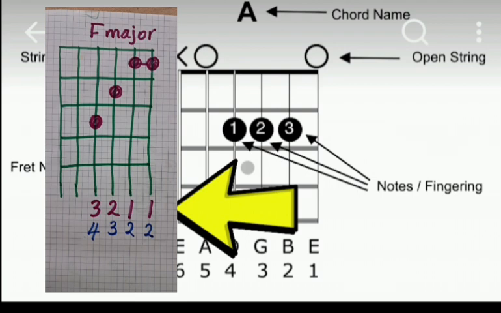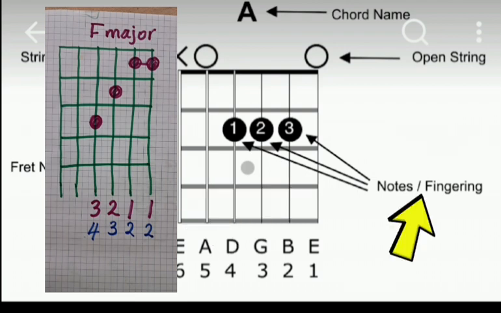But once you are writing on computer, it is easier. So the notes and the fingering are combined together. But when you are handwriting, you will normally write them below the chart. So those are the two differences.